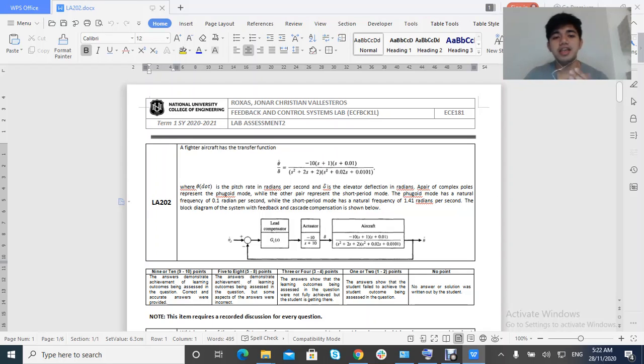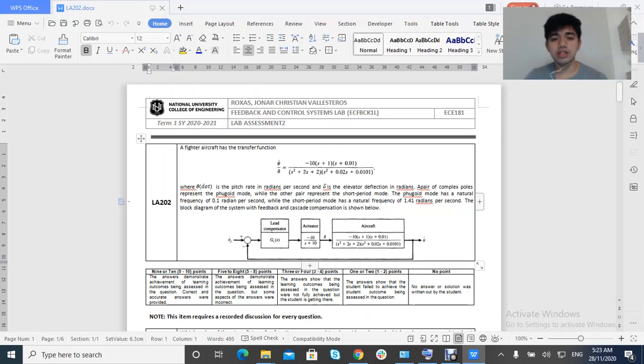Again, good day. So today we will be discussing LA202. This is one of the questions in our Feedback and Control System lab assessments. This is the finals. The question for LA202 is: a fighter aircraft has the transfer function, as you